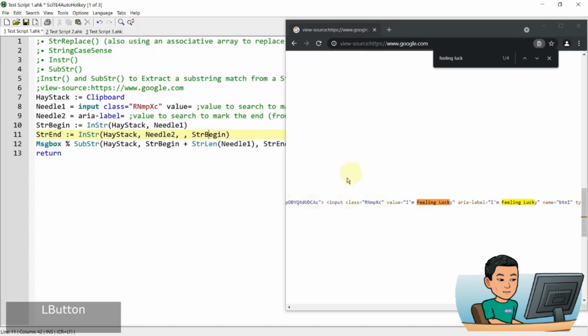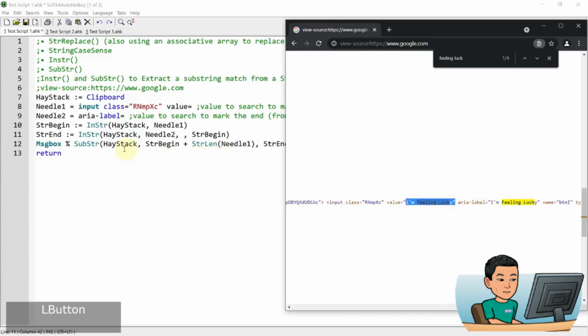So it's going to start from here and look for this aria label equal sign, which is needle 2. If I don't start from here, there might be another aria label equal sign elsewhere before this part of the string kicks in the HTML code, in which case I'm not going to be able to pull out this